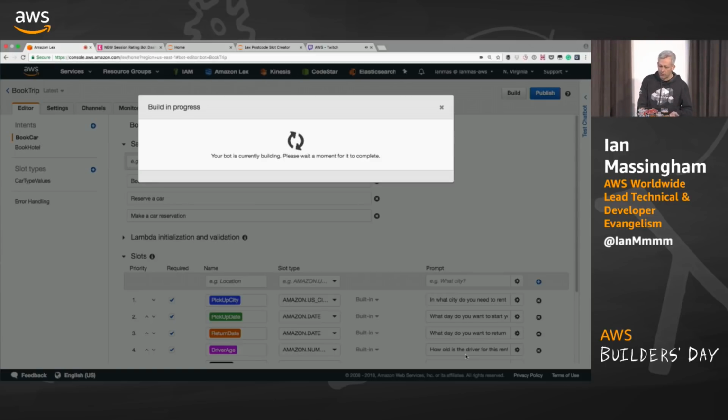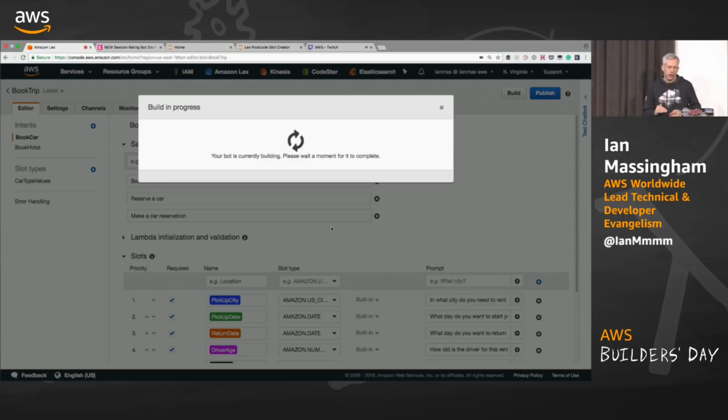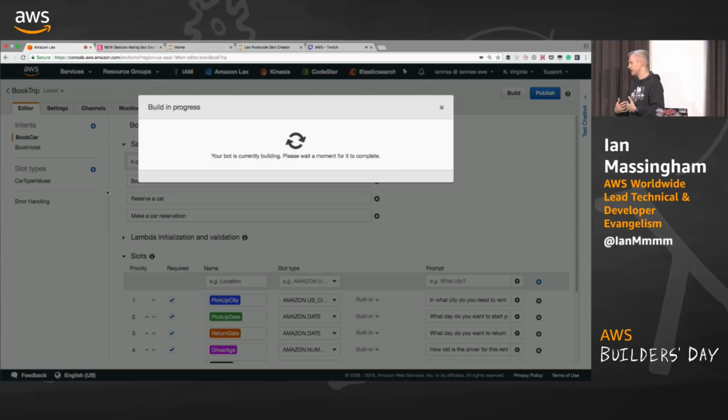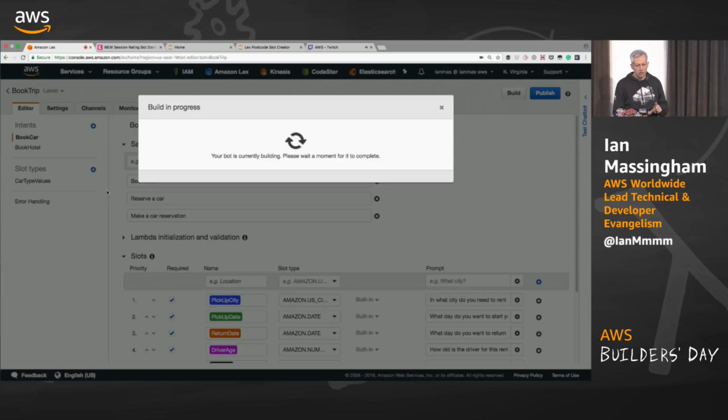And you'll see in the background a few things that I want to quickly talk about. In the top part of the screen, hidden behind this modal dialog, you'll see these example phrases. These are associated with the book car intent that you can see top left. So what I'm doing here is providing these representative phrases that are examples of this particular intent, or examples of the phraseology that users might use if they wish to invoke this particular intent. Reserve a car, make a car reservation, book a car.